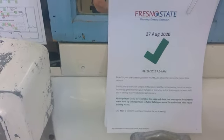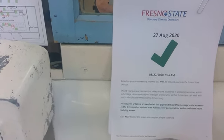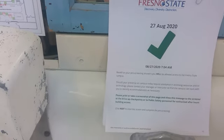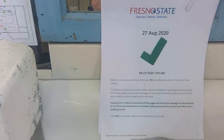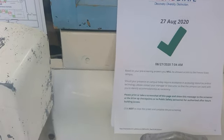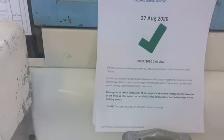To let you know, the process to get on campus, the days you're going to be doing lab work, is you have to take a little questionnaire, and when you finish, it gives you a little check mark saying you're approved for that day. You can print it, like I have here, or you can take a picture of it on your phone, and in fact, they have a phone app that you can do it, so you just need to save the screen, and you'll show that to the checkpoint person who will take your temperature, and then they will issue you,